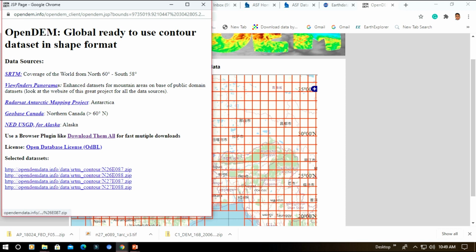Here click on first, then it will start downloading. Keep it and then it will start the download. In this way, you can directly download the contour shapefile format data from OpenDem Global Ready-to-Use Contour dataset.